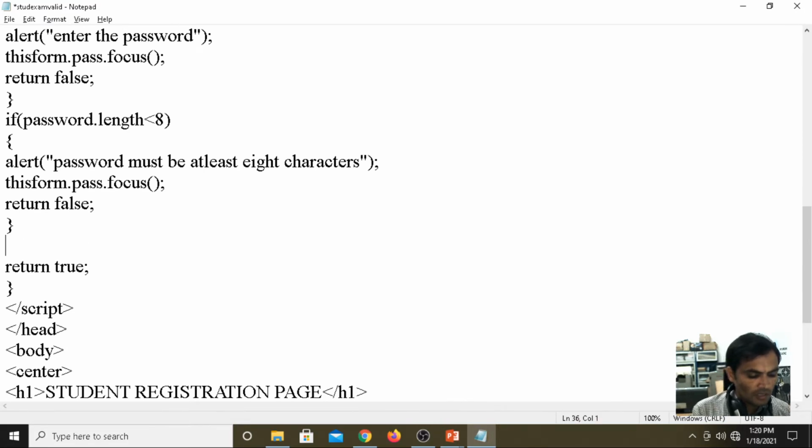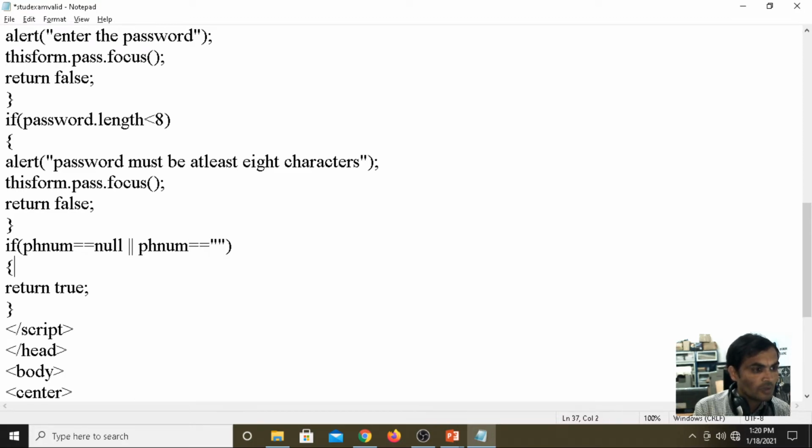Now here we are writing the condition: if phone number equals to null, phone number equals to empty.